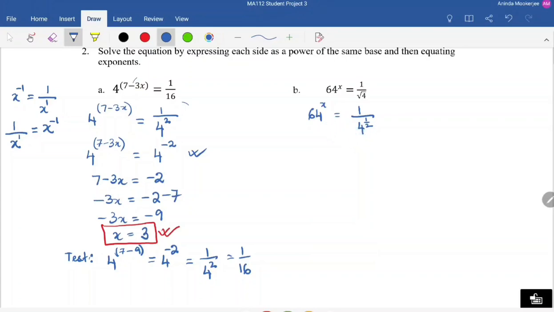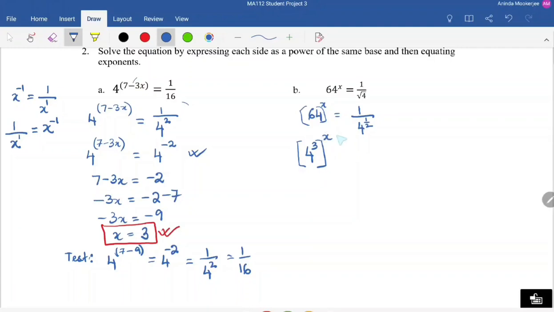So think about it. 4 times 4 times 4 is 64, isn't it? 4 times 4 is 16. 16 times 4 is 64. So that means 4 cubed, right? This 64 can be rewritten as 4 raised to the power 3, or 4 cubed,